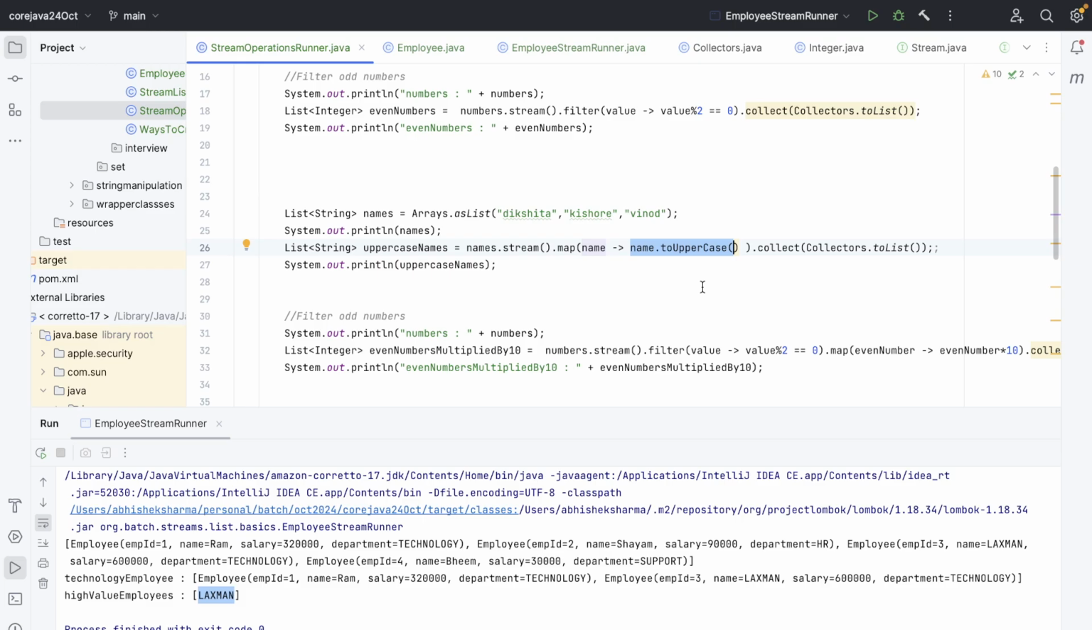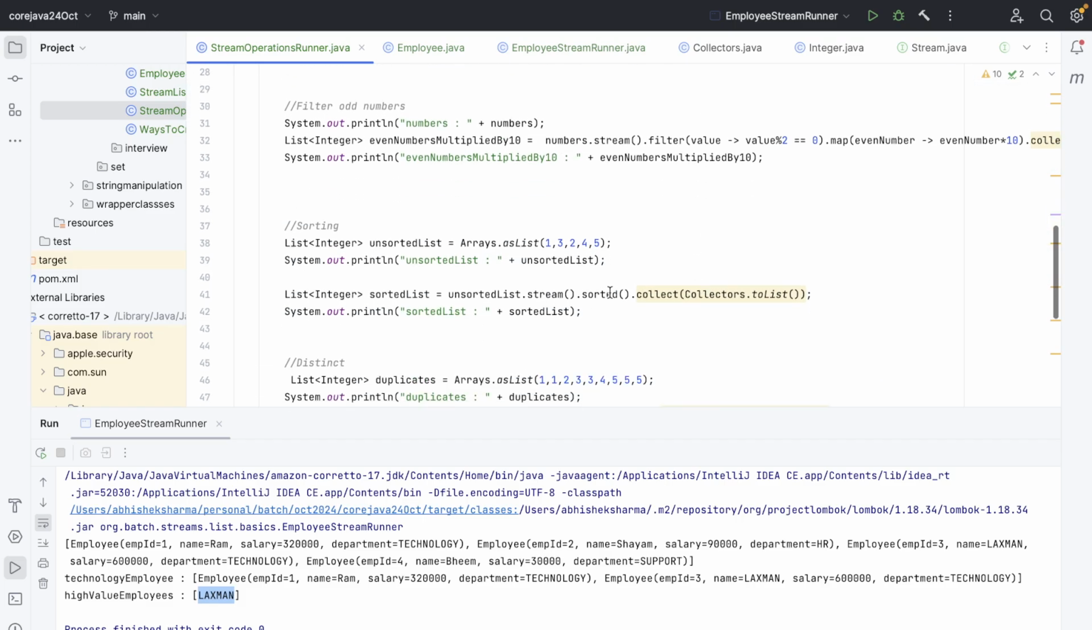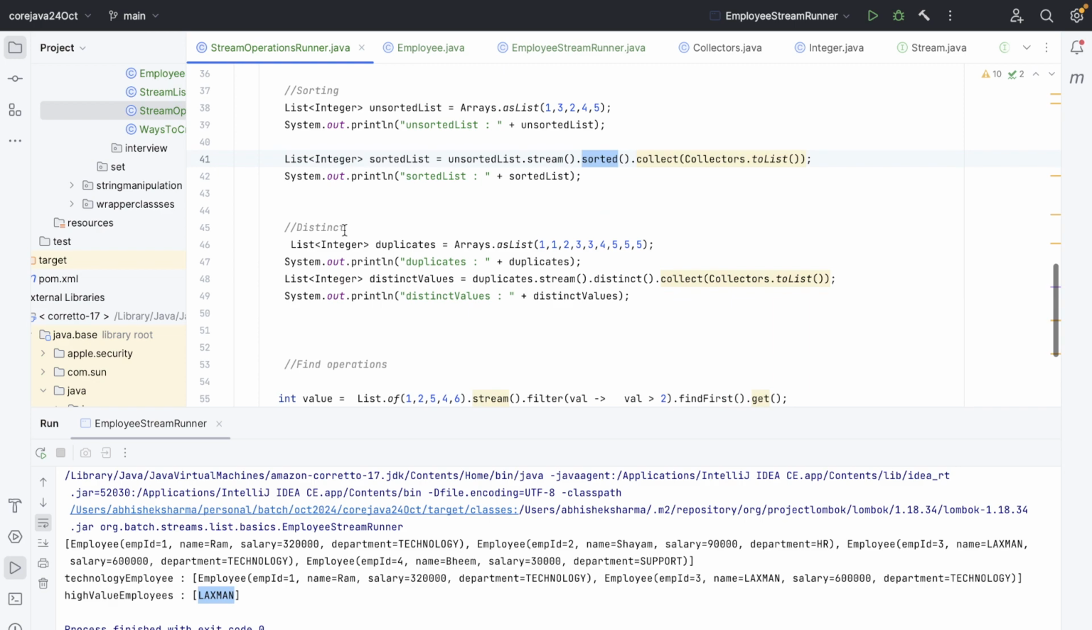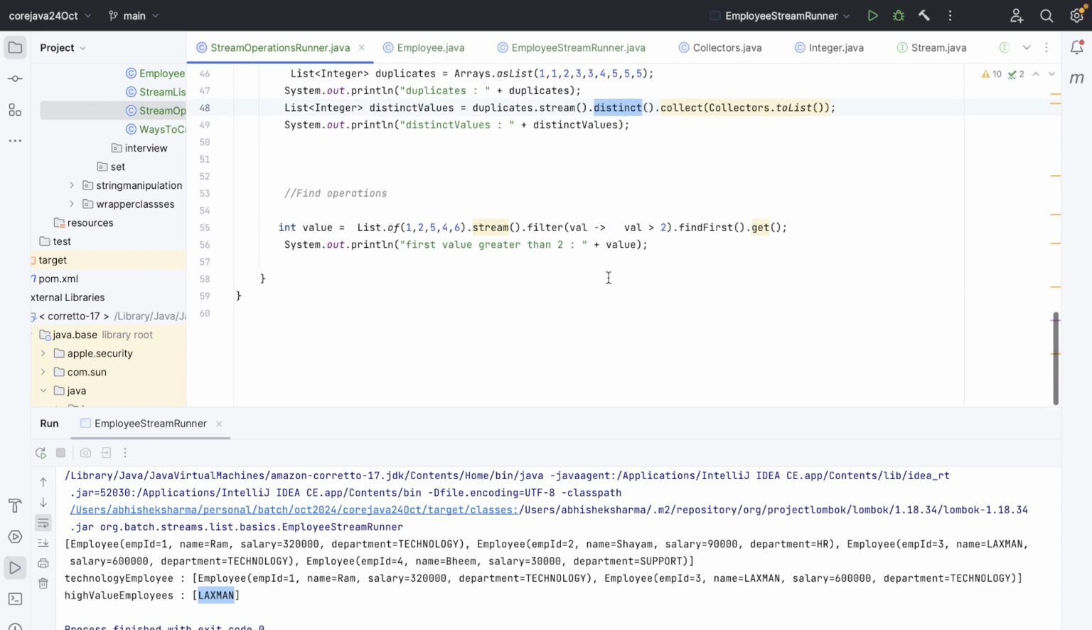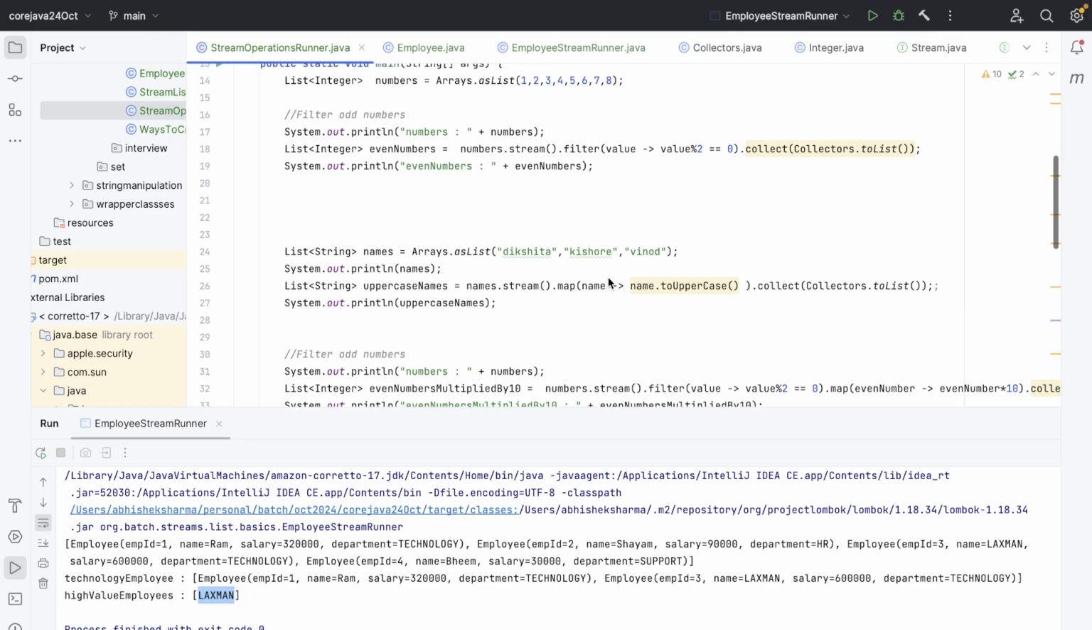The filter will only filter out the data. If you want to convert the data, then you need to use the map. If you want to sort the data, then you need to use sorted. If you want distinct data, you can use distinct, and that's it. These are the basic functions that you can do in both and the other